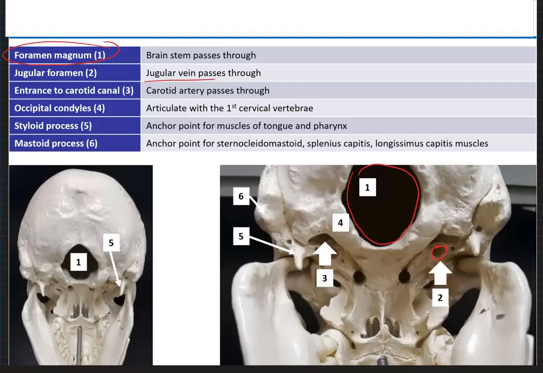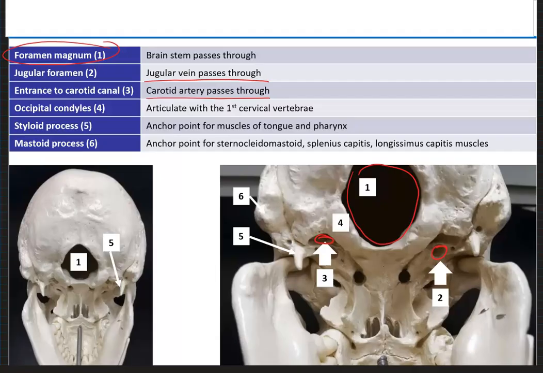Jugular foramen houses the jugular vein, one of the main veins that drains the blood from the head. Carotid canal, the entrance to which is shown here, is the passageway through which carotid artery goes and delivers the